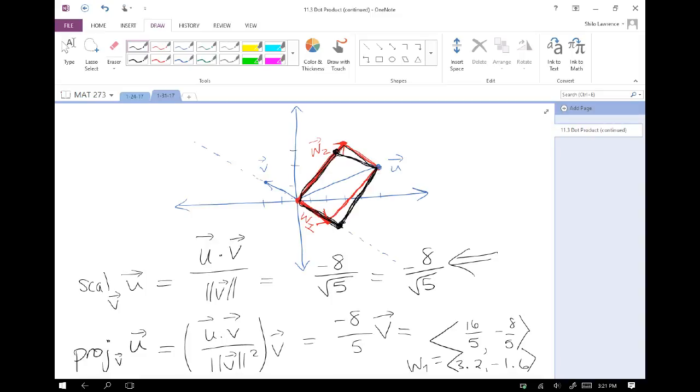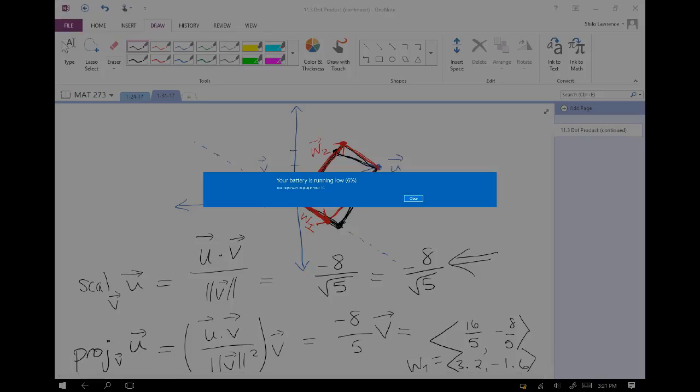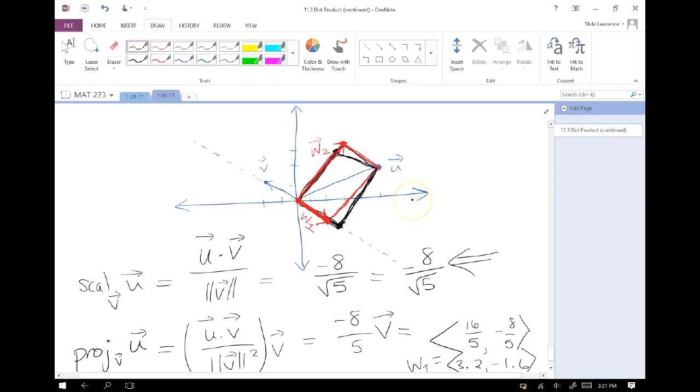Because we didn't actually use the original v. We didn't connect u to v. I actually had to extend v out with that dashed blue line and connect u to an extension that goes in the opposite direction of v. So on the test, you gonna just draw that? No,